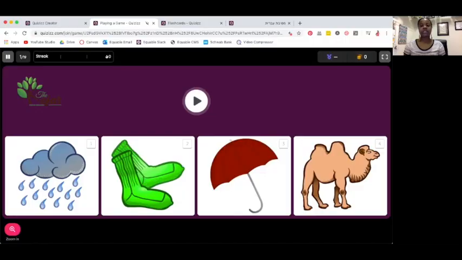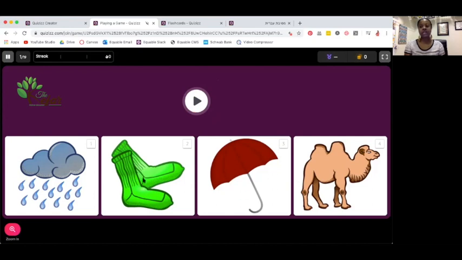as a class. Now, in terms of more independent options, you can also assign a Kahoot for students to work on independently as homework or for practice, and I'll show you what that looks like. This is an example of a practice assignment that you can provide to students using the same quizzes that you may have played live in class, or maybe instead of doing it live in class, you provide it to them this way. And in this one, I recorded the question so students can just click and hear whatever